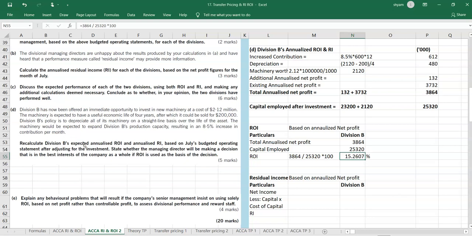So we have to recalculate again. Annualized RI we have to do, so that also we'll do. So net income, we have these numbers. You can just copy and paste it. That won't be a problem. And in terms of cost of capital,